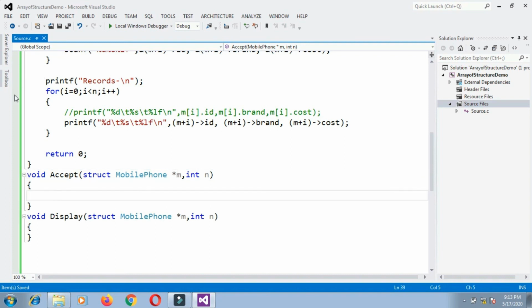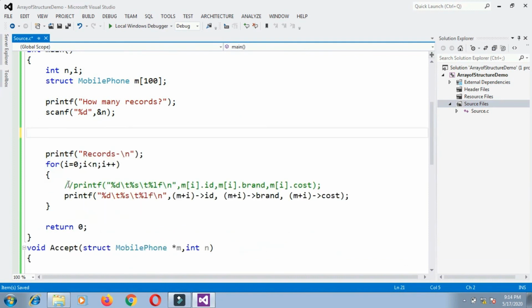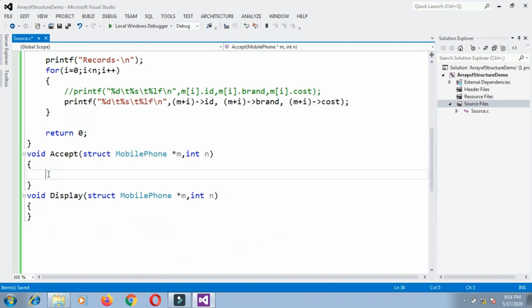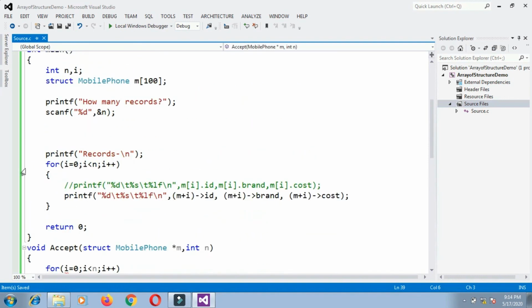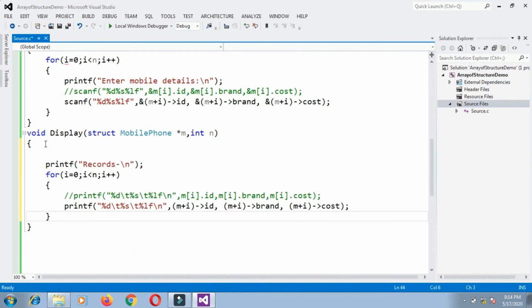So the code which is responsible for accepting the information from the user, that means this code, I will put it inside the accept function, and the code which is responsible for displaying the information, I will put it inside the display function. Now I will become local variables. I will become local variable of each function.